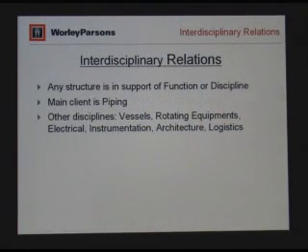Interdisciplinary relations. When I was making my dry run, I made the comment that some may find funny or not, but we like to feel in structural that we're the premier group. But the truth of the matter is we're a support group, as much as we hate to admit it. And by that I mean that no matter how qualified or what experience we have, without the support of the other disciplines, we can't do anything. If we have any piping designers here, without the piping layout, we can't do any piping. We can't do any pipe racks or layout.